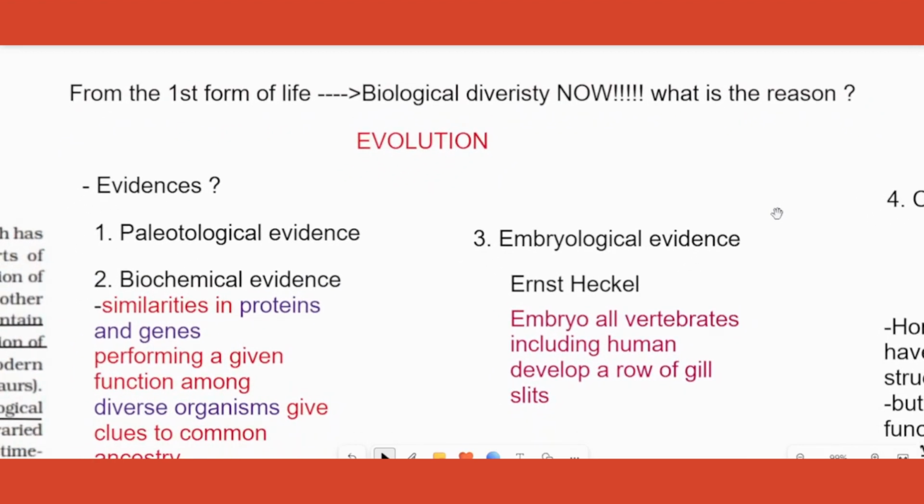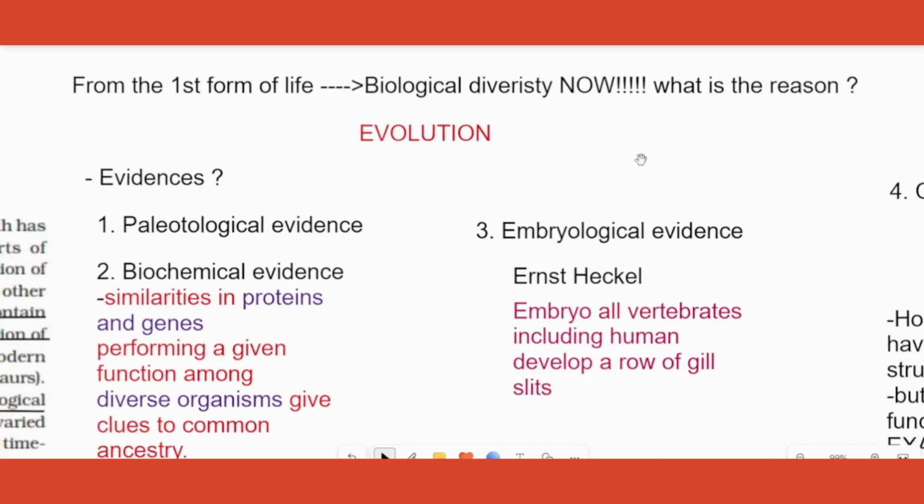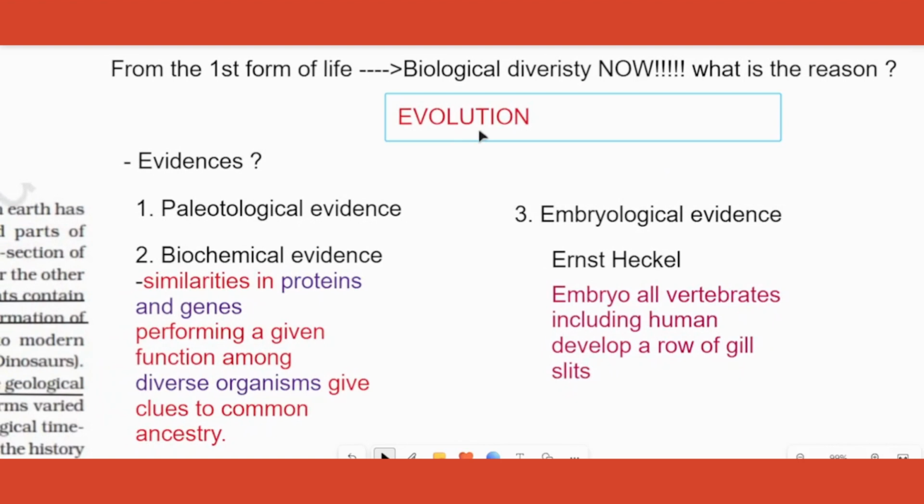Kind of, yes, that is what the evidence suggests. That means from that first few life forms came out all these diverse organisms that you are looking at. So therefore, we need to understand evolution and the theories of evolution. Before we go into the theories of evolution, which we'll probably take up in the next class, natural selection and Lamarck's theory and all that,